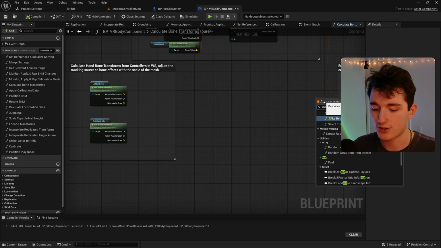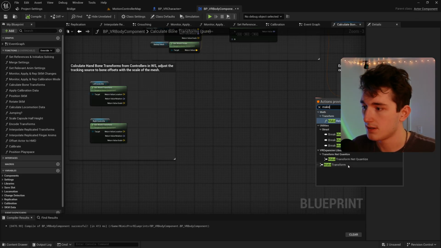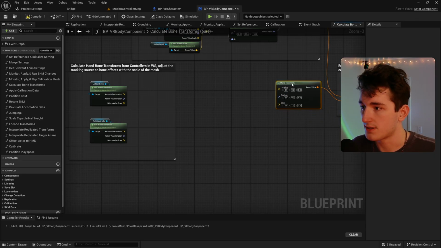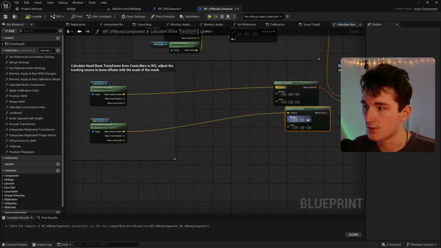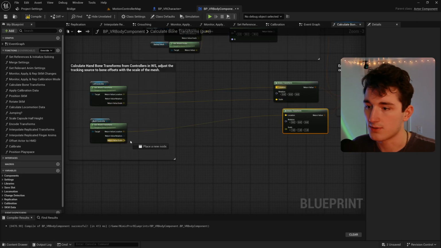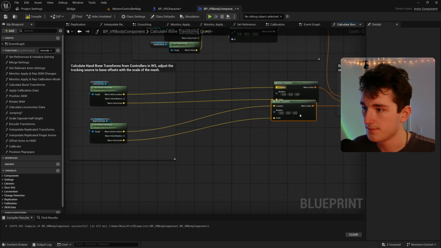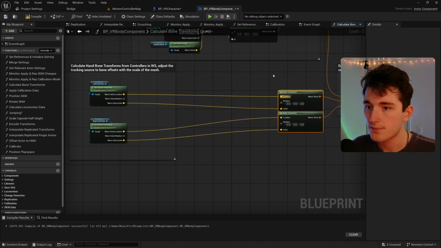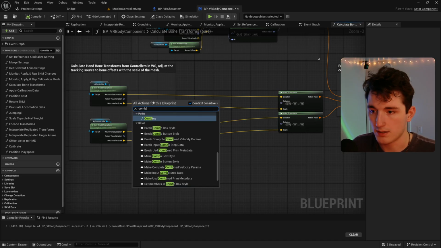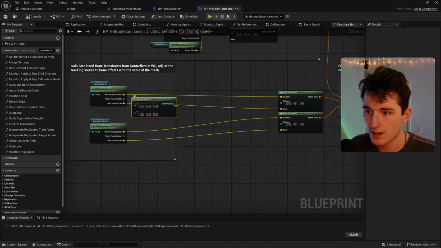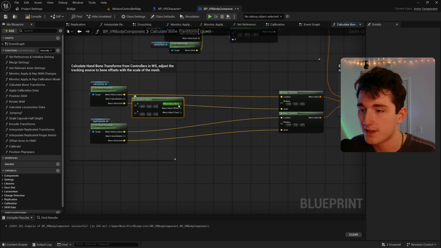I'm going to add some make transform nodes here on the end. It's got the right location already for the left and right controllers, but the rotation needs some work. I'm just going to plug in this scale as well. So we're going to need a combine rotators node. We're going to need to split that struct pin,